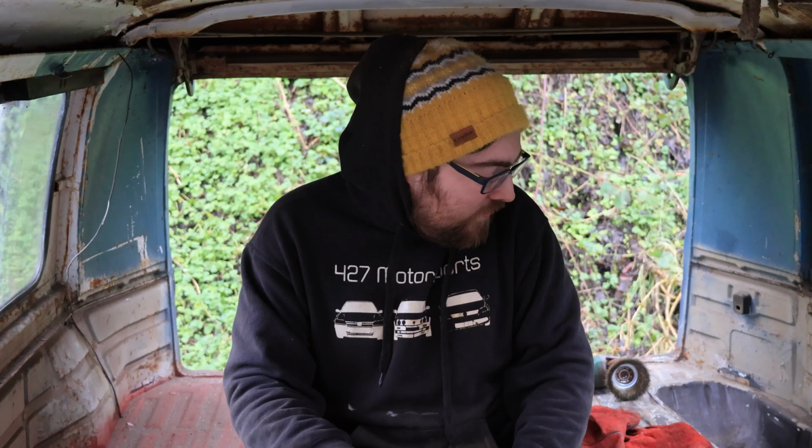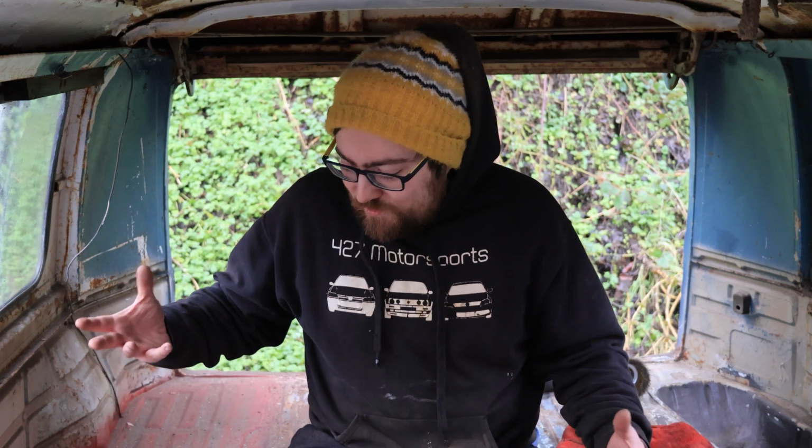This is a van that more than one person went to look at before me, looked at it and said, nah, not a chance, that's too done, that's not worth saving. Look how good this is. I know this is only one section, but how could you turn away and let something like this get scrapped? Something with so many...